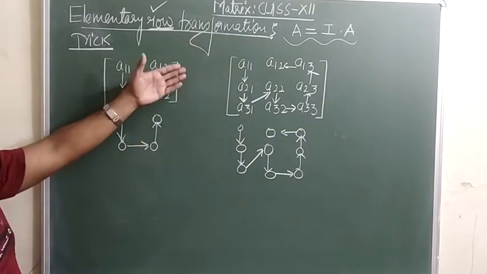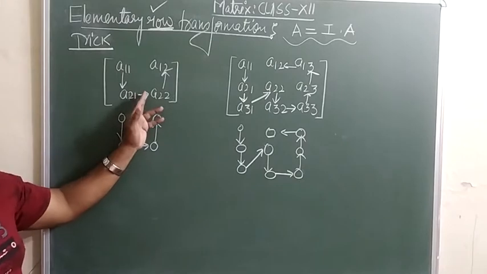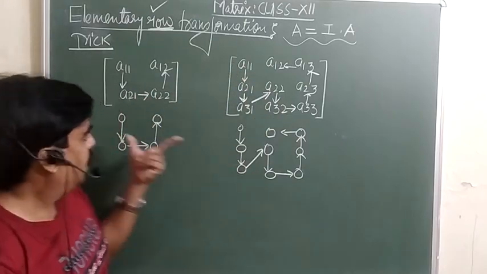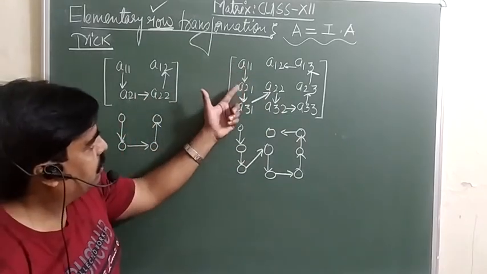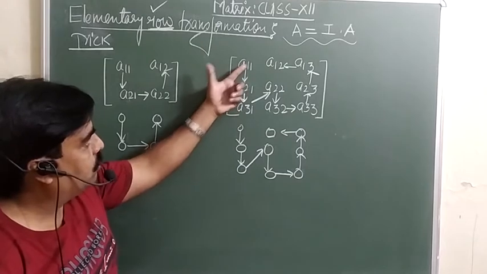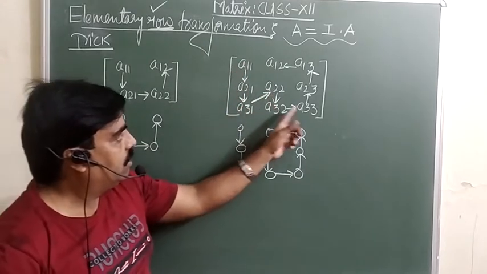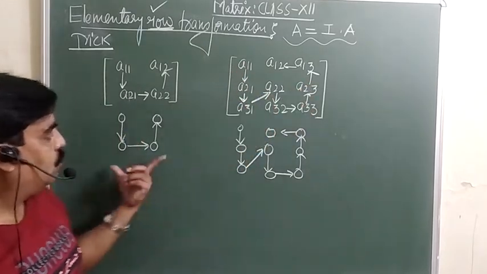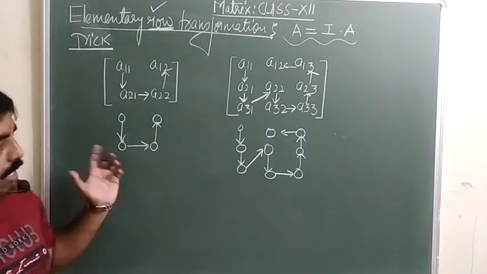One question I will take for the 2 by 2 matrix, then we will take 3 by 3. Keep in mind you are supposed to do the operation here, then here, then here. Likewise, you must follow this pattern. So one problem I will take, have a look.